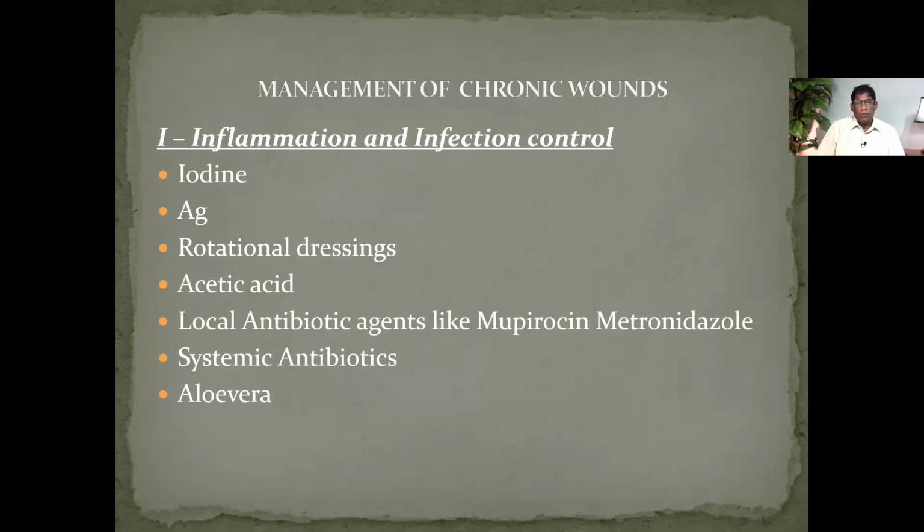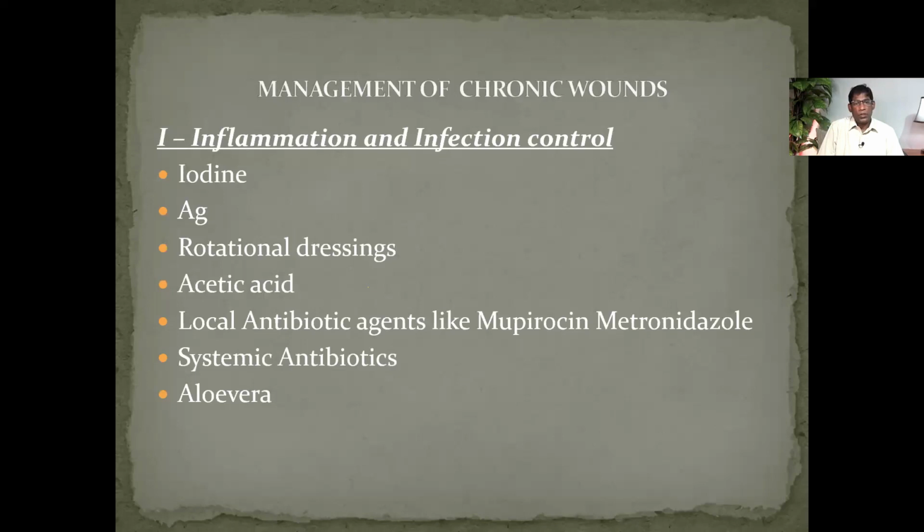I means management of inflammation and infection. So we use iodine, silver, and other resins in some patients. And when there is evidence of pseudomonas, we use acetic acid. Locally, depending on the size of the wound, the percentage will differ. If it is a large wound, you tend to use 0.5%. If it is smaller, you can use 1%, and even smaller with heavy pseudomonas, maybe 2%. But I don't use 2%, I use 1% and 0.5%.